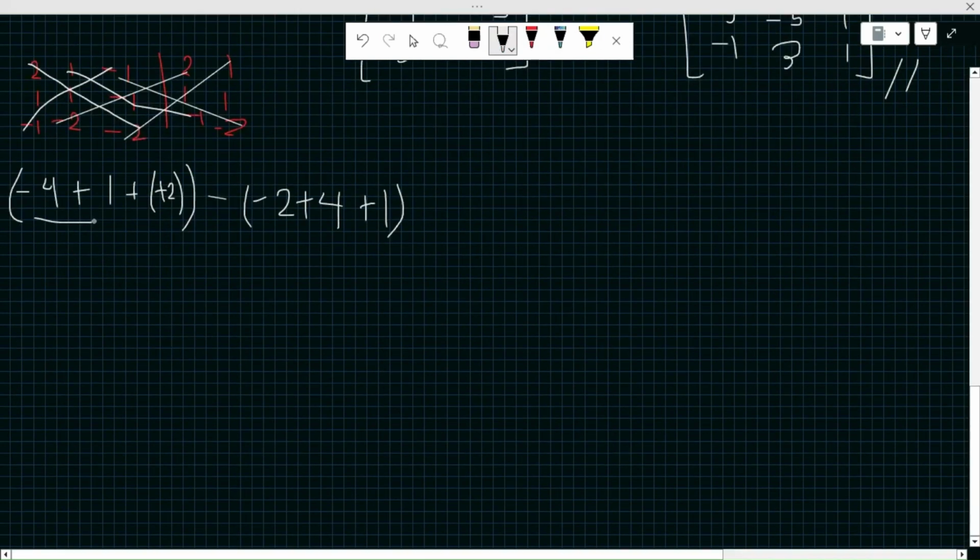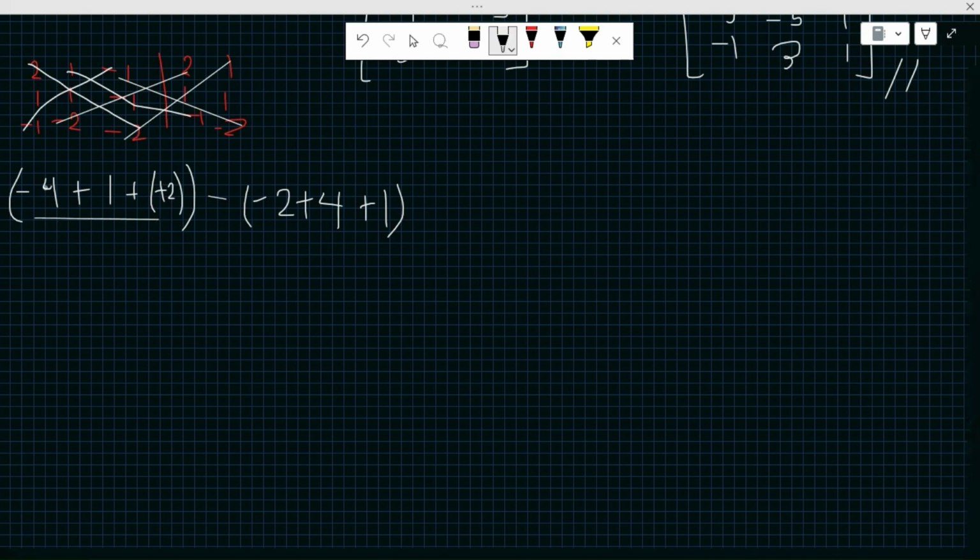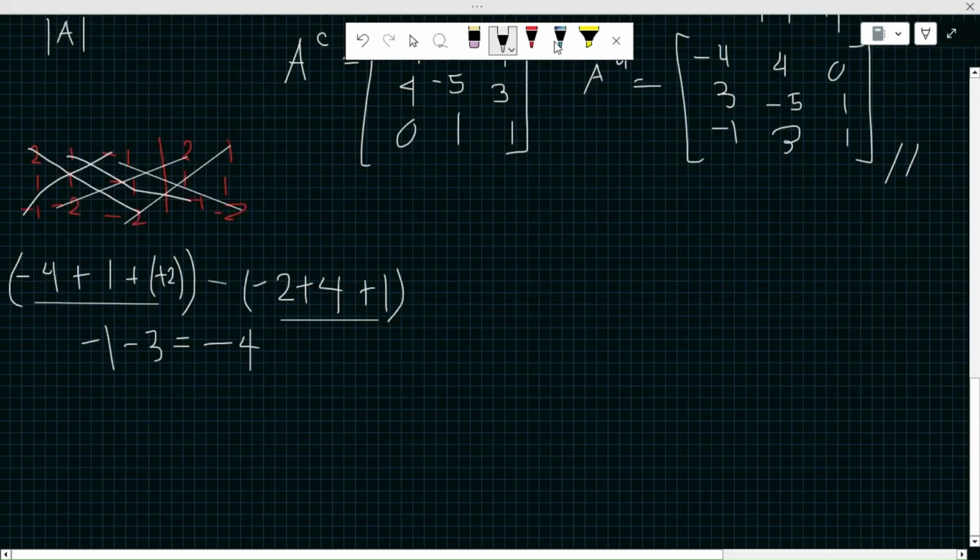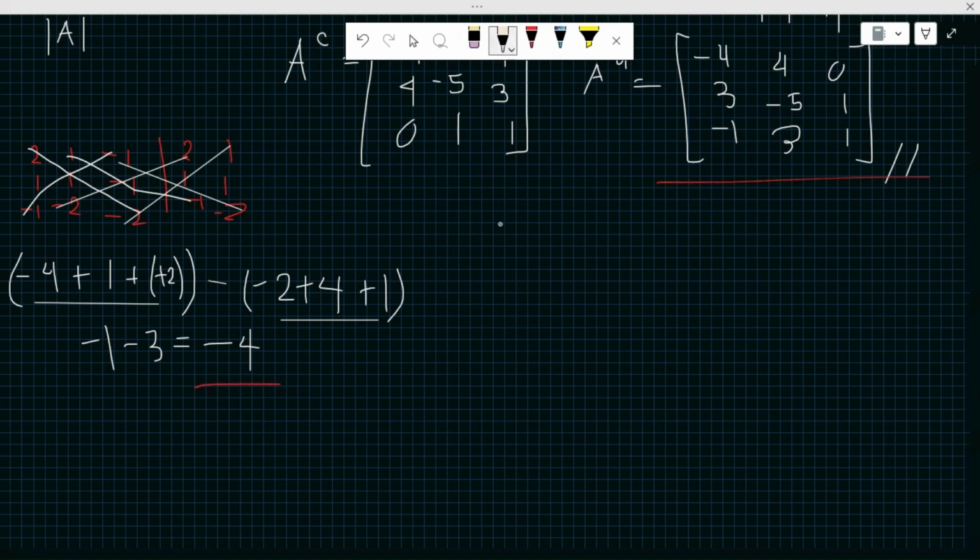So -4, -5, and -4 plus 1, -3 plus 2, -1 minus -2 plus 4, +2 plus 1, 3. So your determinant is -4. So what we have to do now is to divide this by this one. So that's going to be,